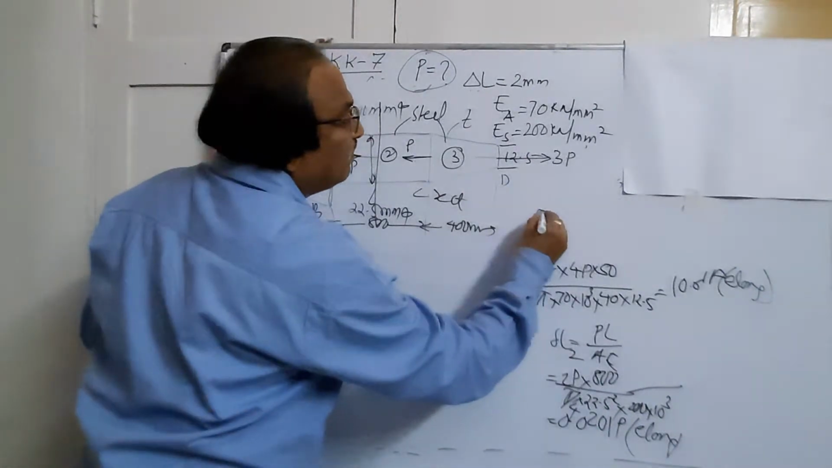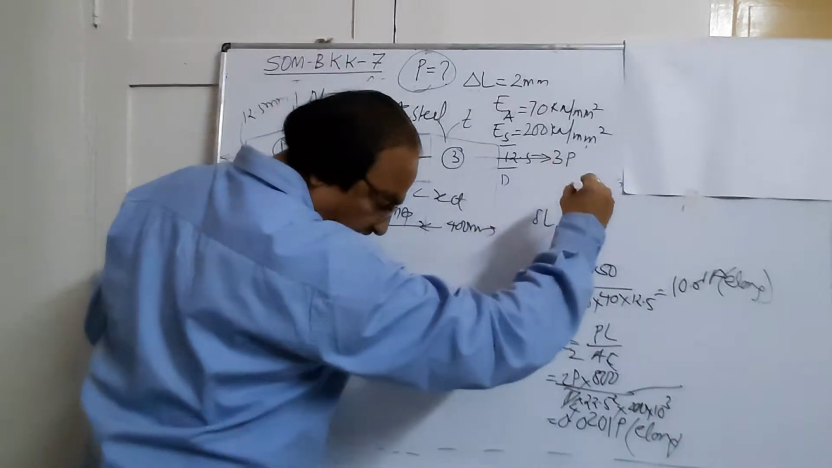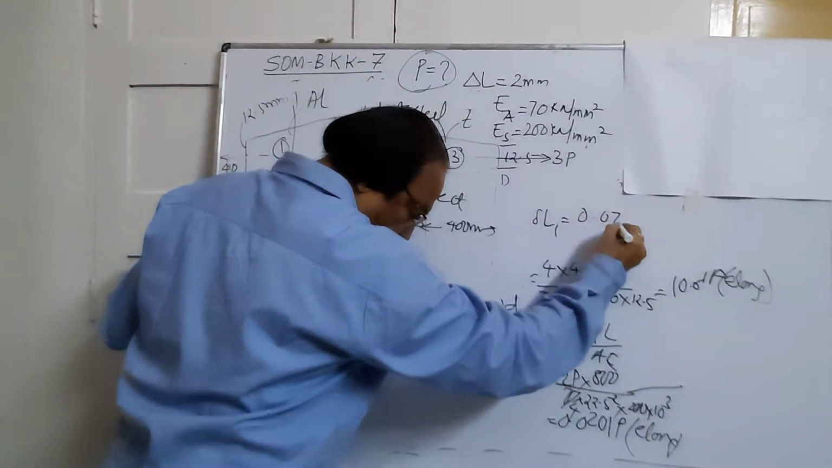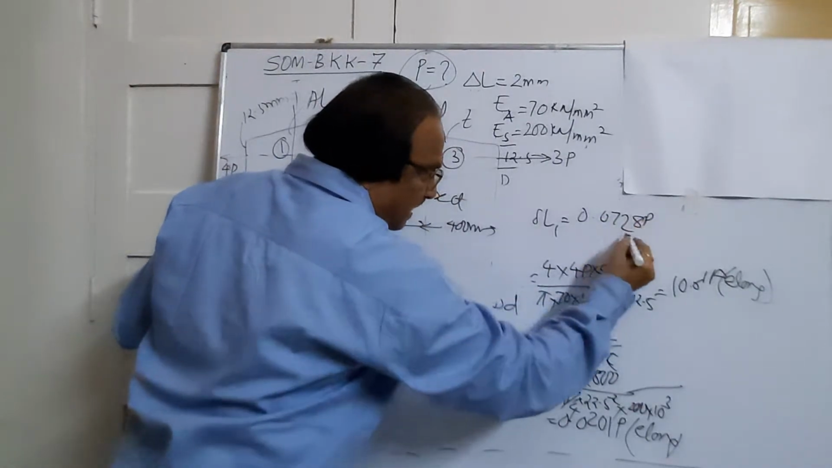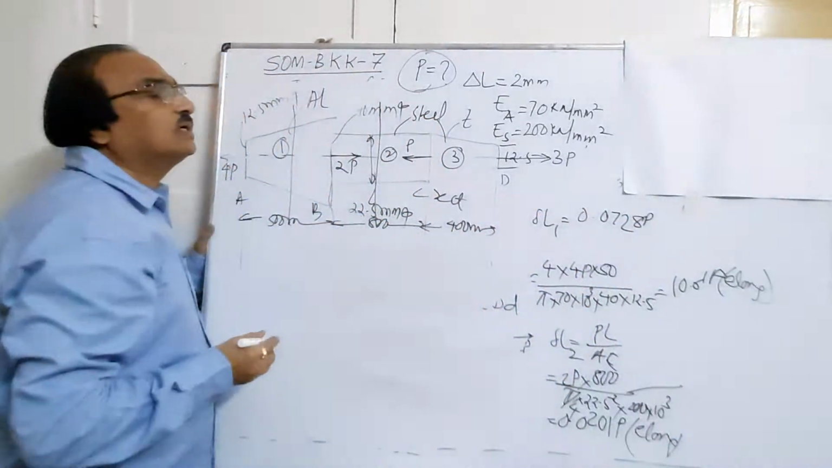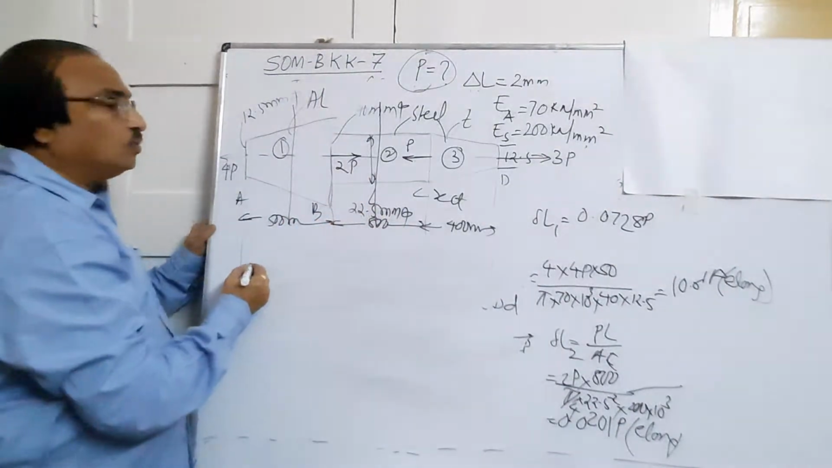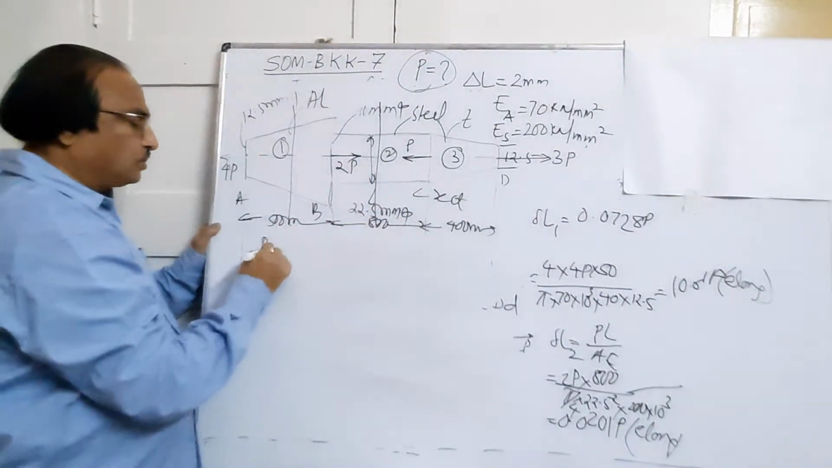So delta L1, after calculation, we get it as 0.0728 P. I had written that wrong value. Please do the correction. So this is the value of delta L1 when you calculate the values. So here we will go for the portion